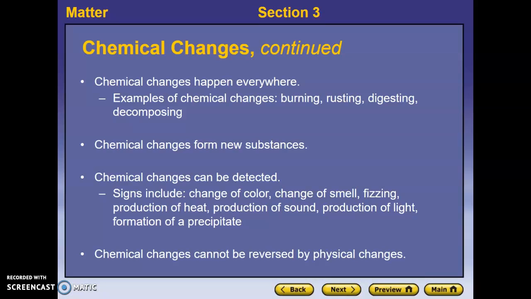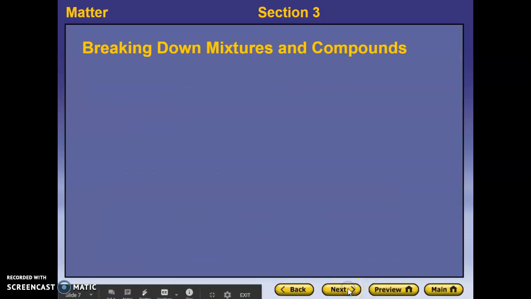It's important to note that chemical changes cannot be reversed by a physical change. If a chemical change has occurred, we won't be able to undo that using a filter or even evaporation, and heating it up is not going to cause it to change, because those are physical processes. If a chemical change has occurred, new bonds have formed, and we have a whole new substance. The only way to undo that, if it can be undone at all, is to undo it using a chemical process.